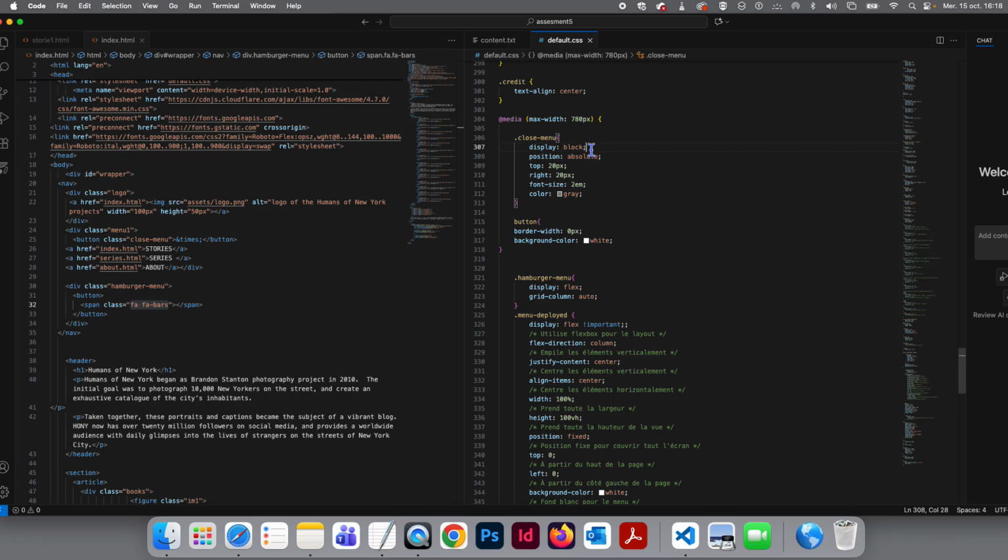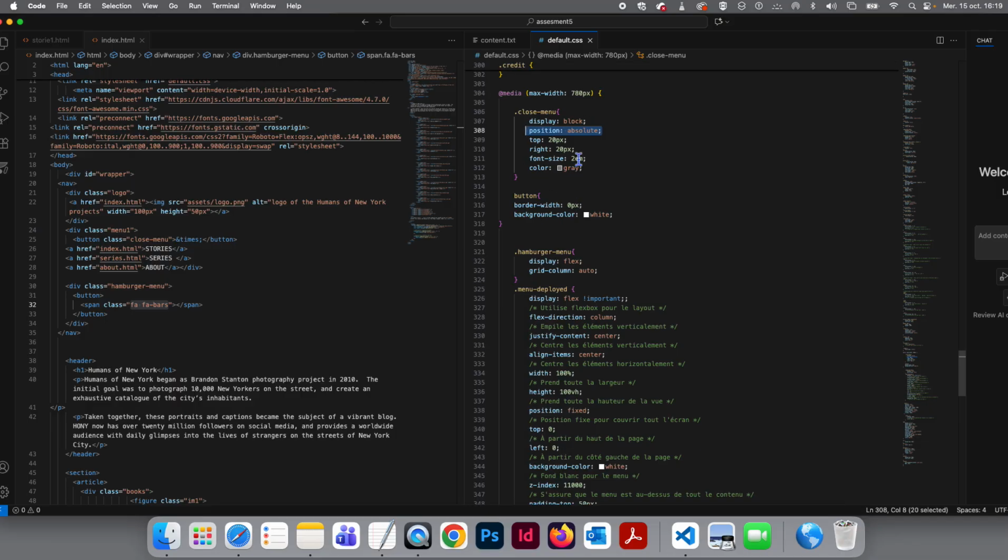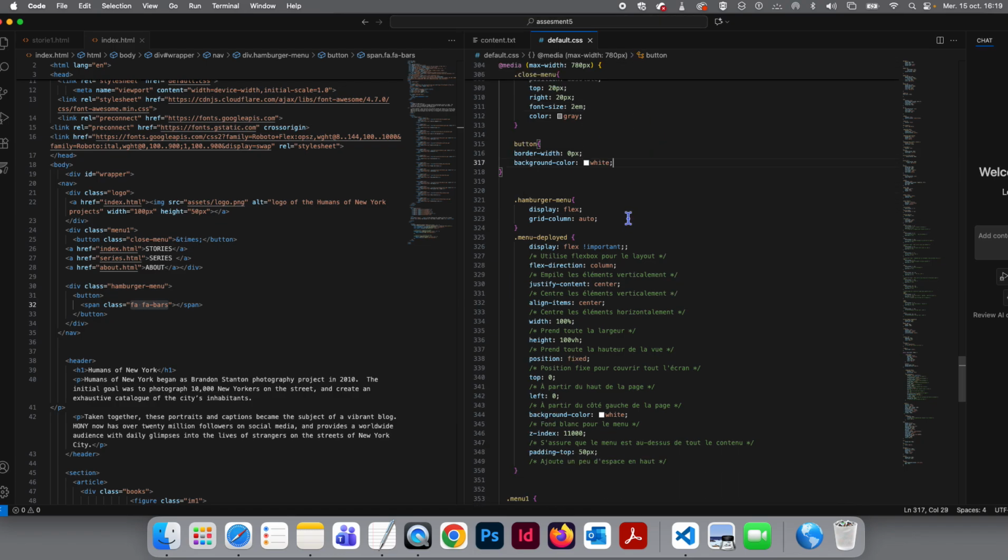So okay, it's displayed as a block. Before it was display none. Now it's displayed as a block. It's an absolute position, so whatever the flow is on my page, it stands there. That allows me to have my close menu on top of everything that is behind the page. Then those are the margin and the color of my close menu. Again, if you want the close menu, the little X, bigger, you can set the size here. You could also move it up. And then the button, so no white,